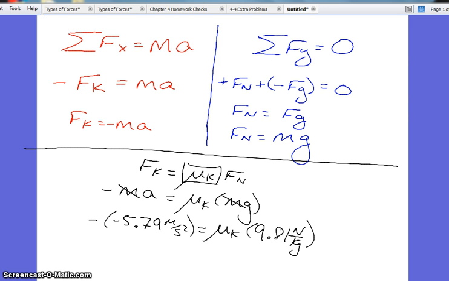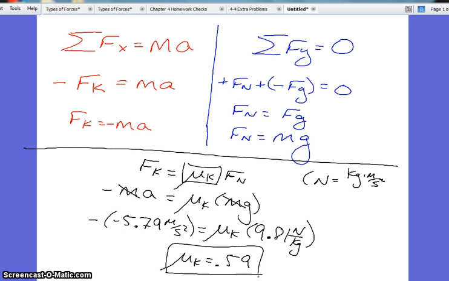Now remember that a newton per kilogram is equivalent to meters per second squared, because a newton is an abbreviation of a kilogram times meter per second squared. So if we divide by the kilogram, it's just the same thing as a meter per second squared. So our units here for coefficients still come out to be unitless. And we get that coefficient to be